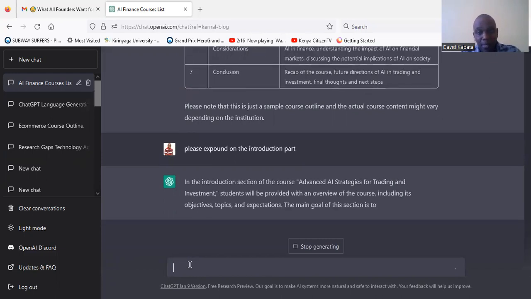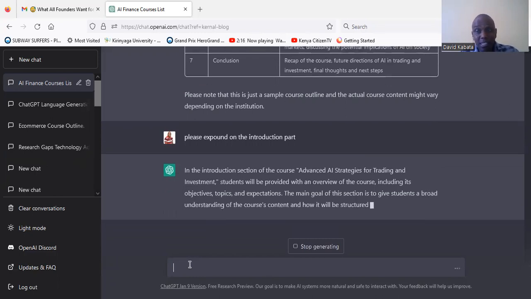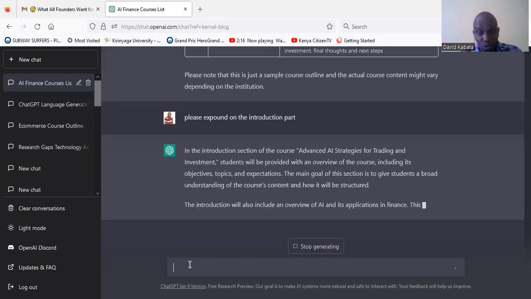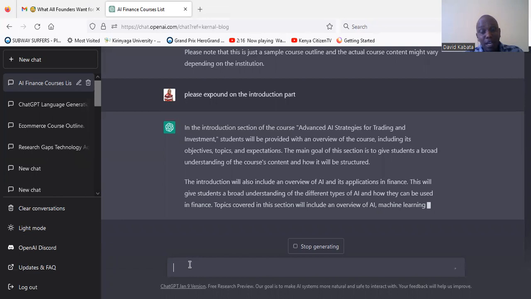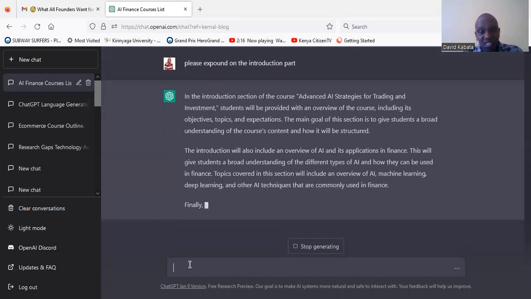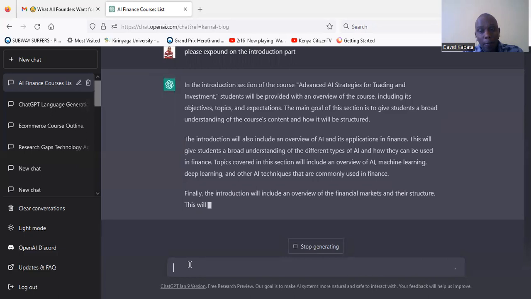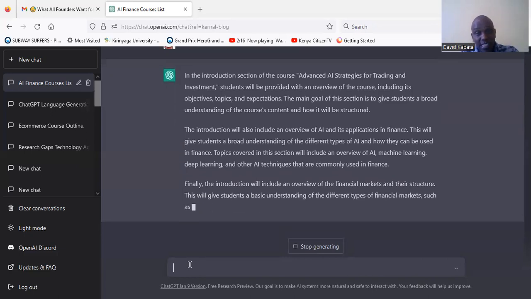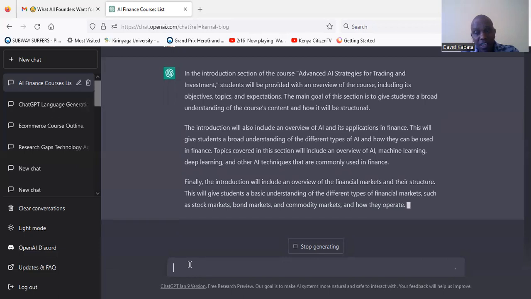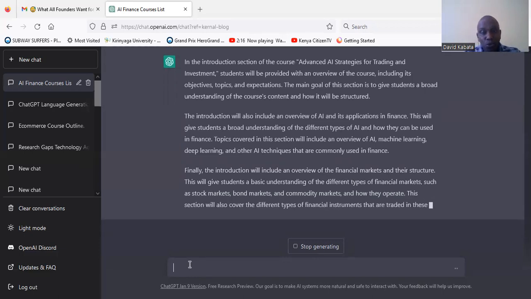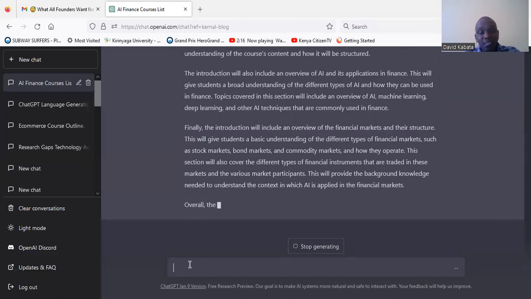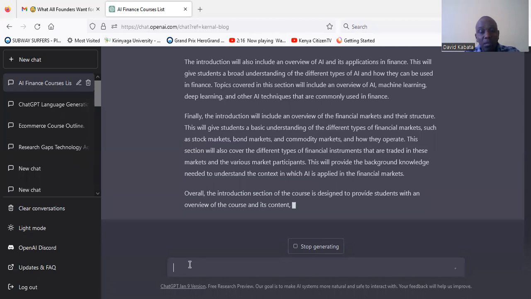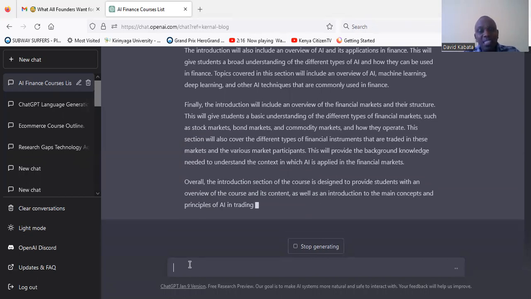So what ChatGPT has done to the lecturers is that it has made it easy for us to do some of the things that we do as lecturers. And by doing that, it leaves my job of teaching or training the students as my core mandate, which is very important. So you can see it is giving me all I need to look at in the introduction part. What I need to do now is to take this information and go to Google to see whether I can improve whatever generative